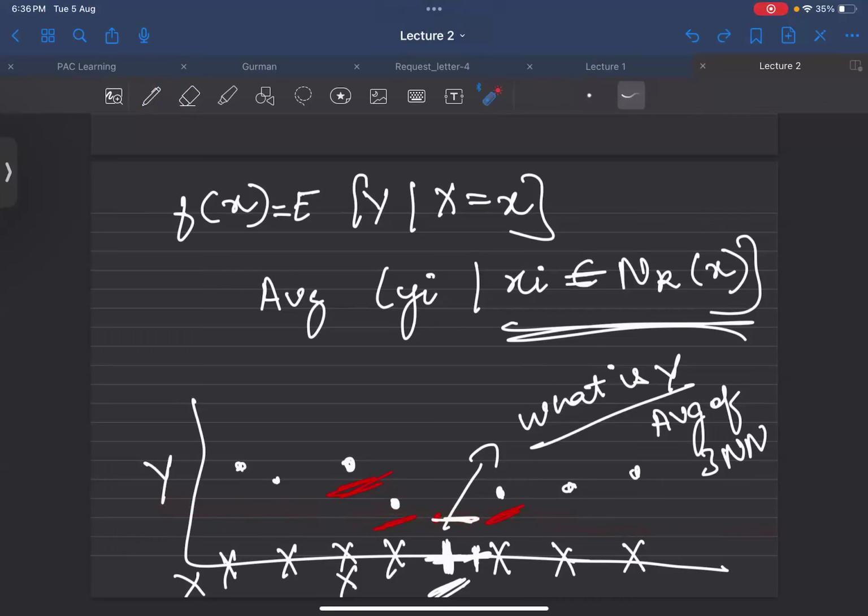Yes, I'm getting it. It looks more like KNN right now. Is that what you're trying to do? It's nearest neighbor only, KNN only. 3NN means KNN only. So what I'm saying is, rather than relying on one observation, we are also relying on the outputs of the nearest neighbors, and then taking the average here. And the output will be constant if it lies between this and this point.